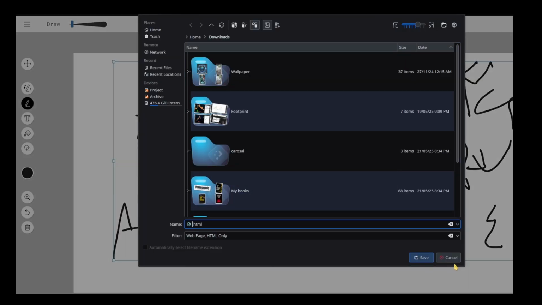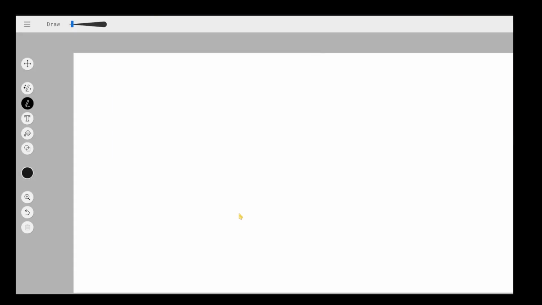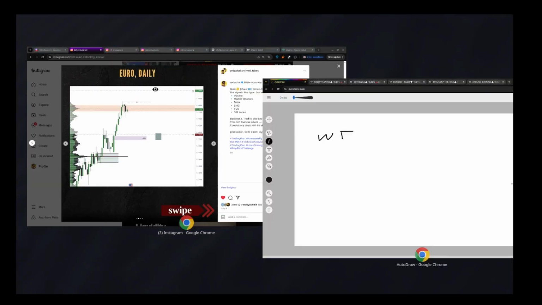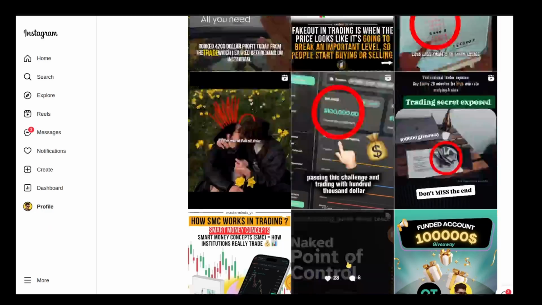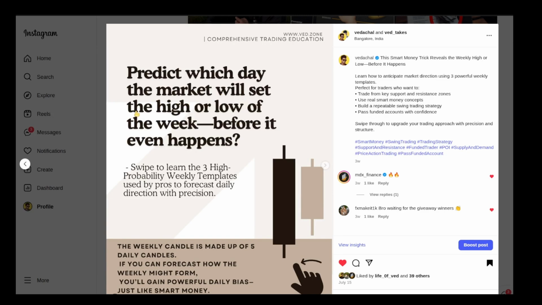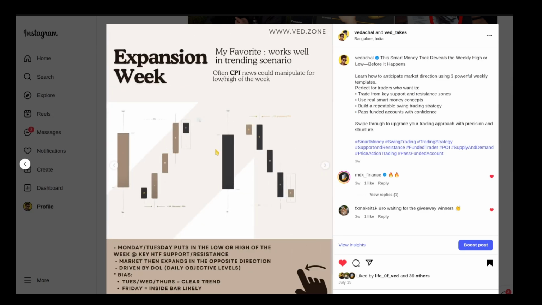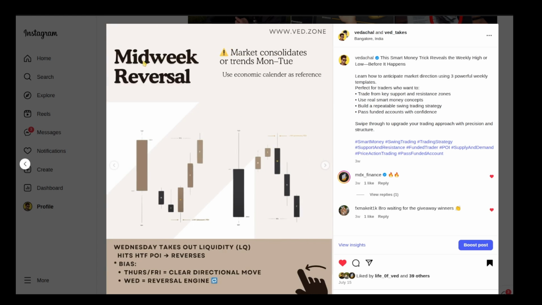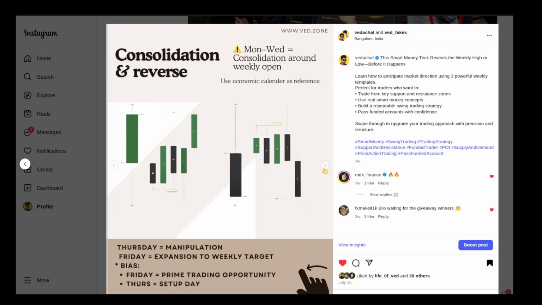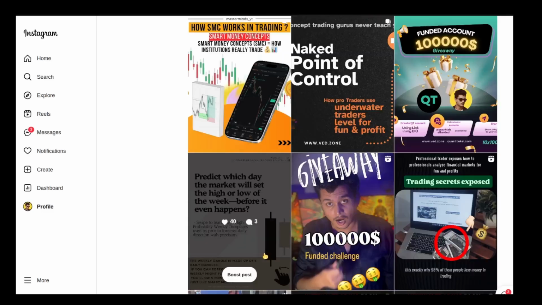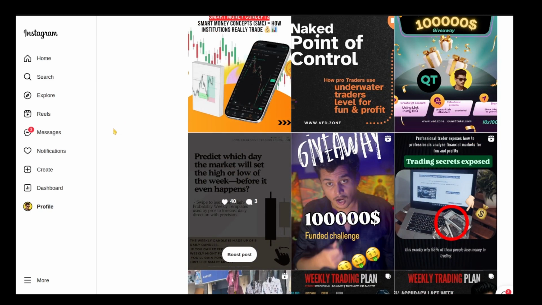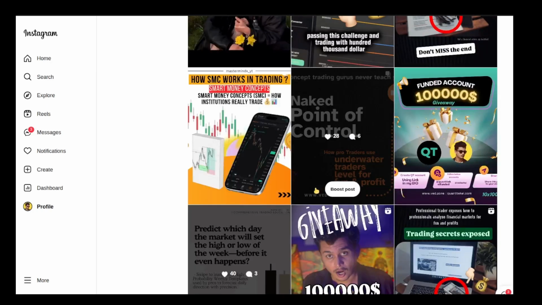And we combine with this the divergence I talked about, inversion, normal correlations. And we also combine with this the weekly templates, right? I have shared the weekly templates, you can check it out on my Instagram. The market will set the high and low of the week. There's an expansion week template. There's a midweek reversal where Wednesday will be key, and this will be like a Judas taking out the Wednesday and Thursday lows and highs both, and consolidation release will be Thursday. These keep on repeating. So I would be keeping in mind these templates along with the economic calendar. Basically, that's how I like to trade.